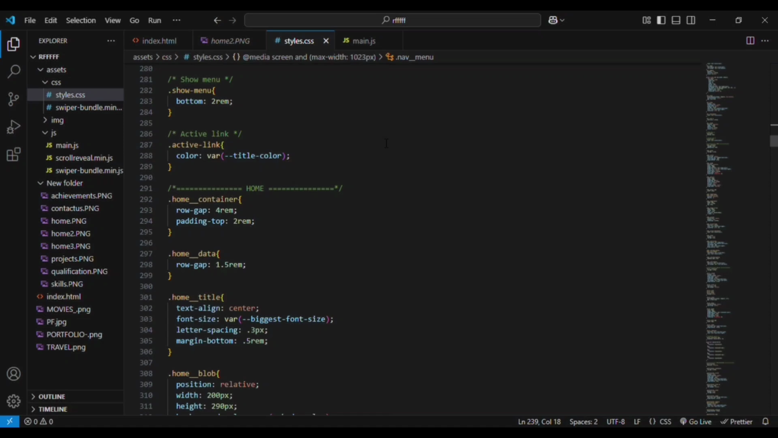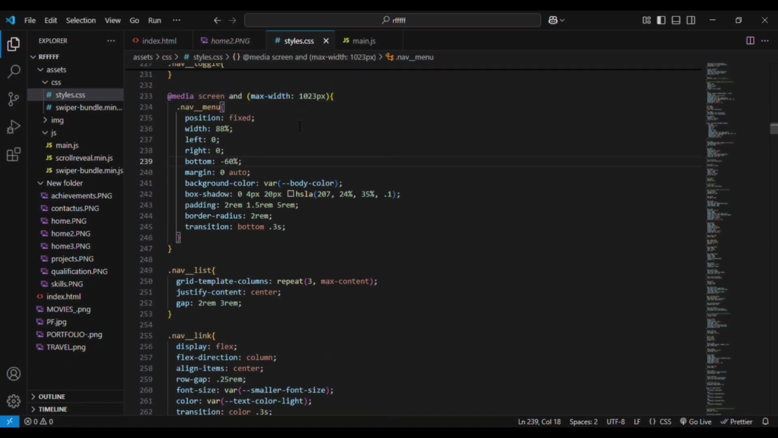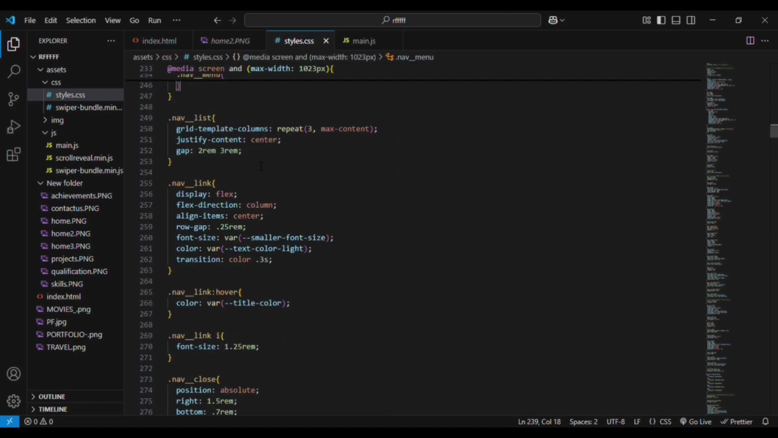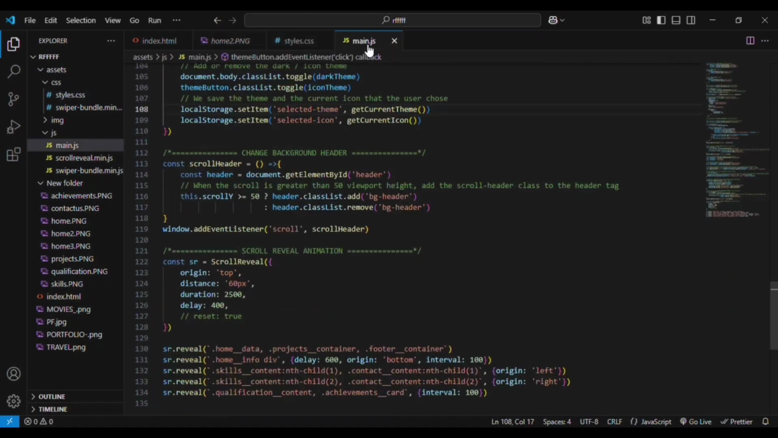You can see that the show menu is nothing but one rule that will help us in changing the bottom value. You can see the bottom value is minus 60%, right? So by giving the show menu class a bottom value, we are going to make it visible. I'll tell you how. We will have the menu icon, right? So what will happen is that whenever you click on the menu icon,